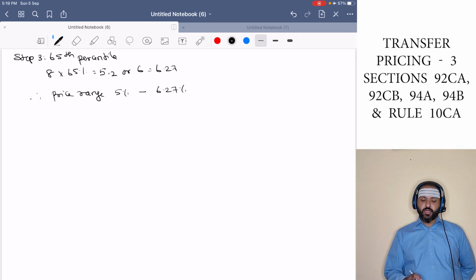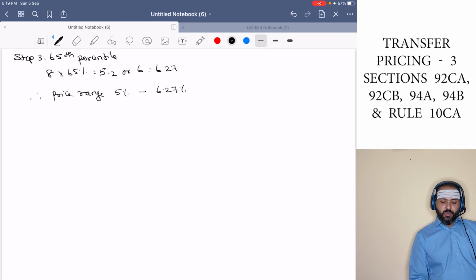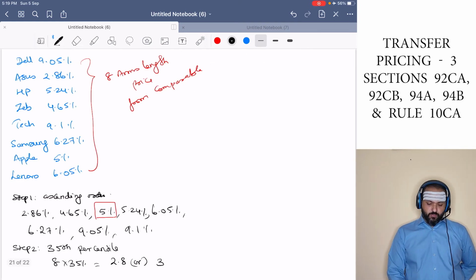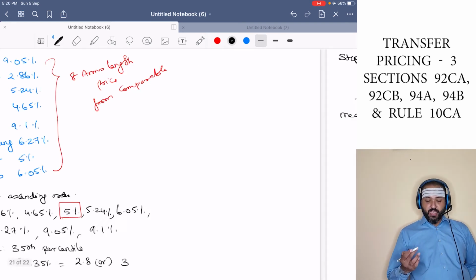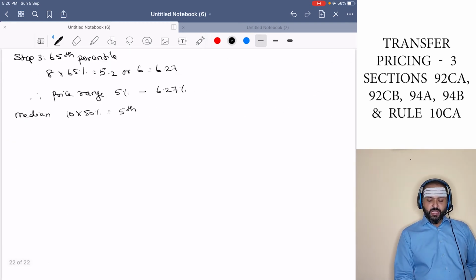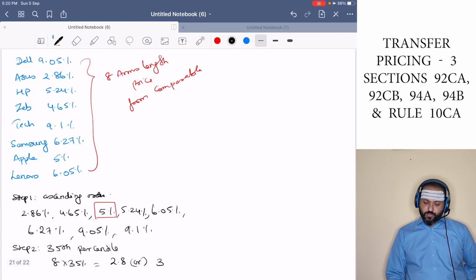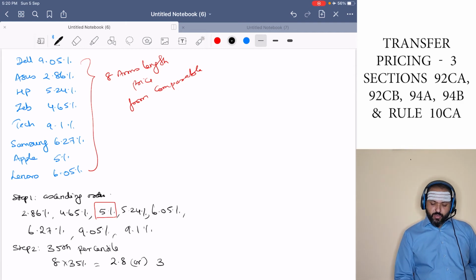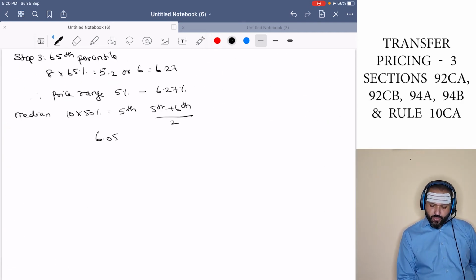Suppose the transaction margin is also within this particular range, it will be considered as arm's length price. If not, we'll have to go for the median. Median is what? 10 into 50%. So fifth price. What is the fifth price? 6.05. But can we take the fifth price? No. We'll have to take the fifth plus sixth divided by 2. So the fifth price is 6.05 plus 6.27 divided by 2. So that will be